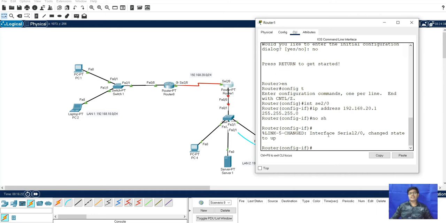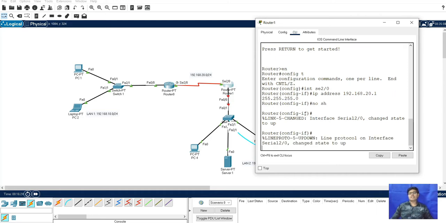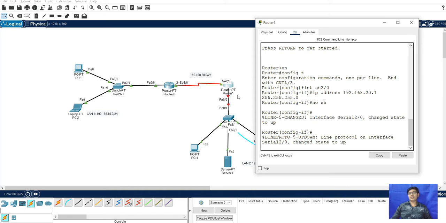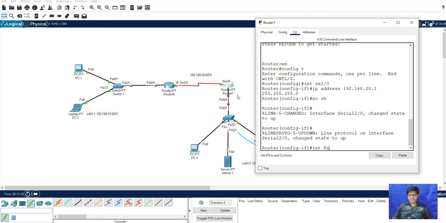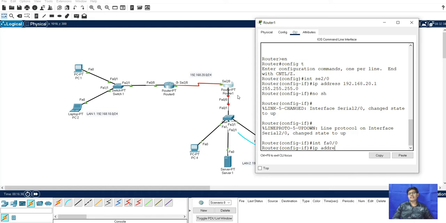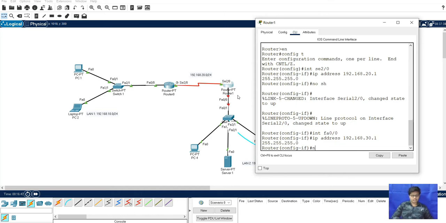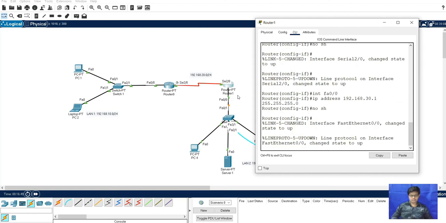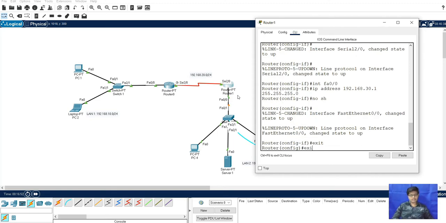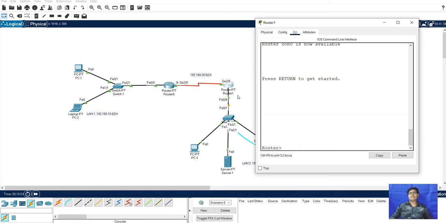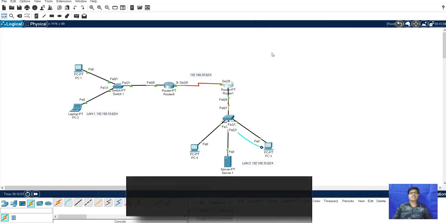Next we will give this fast ethernet 0/0 the IP of 192.168.30.1. So here we will give interface fast ethernet 0/0 and IP address of gateway, that is 192.168.30.1, 255.255.255.0. No shutdown. Exit, exit, and exit. Okay. So the configuration is done.